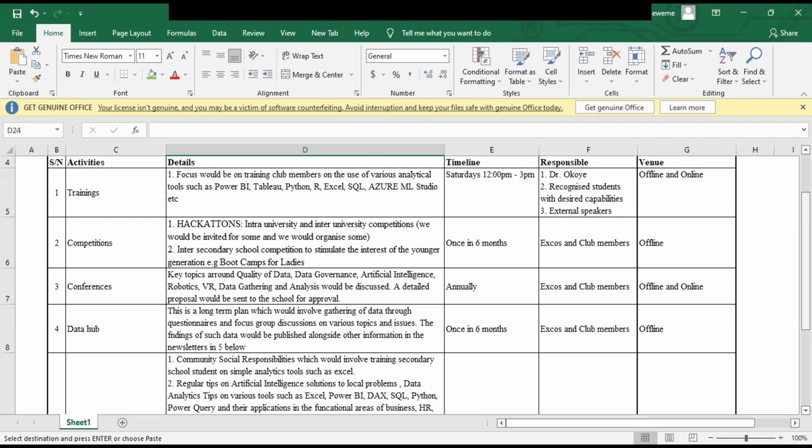So the problem will be given to you, and then we will form ourselves into teams and try to analyze or bring up a solution based on what the data tells us.